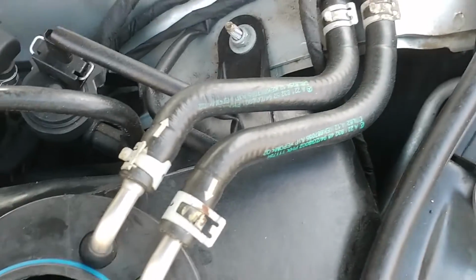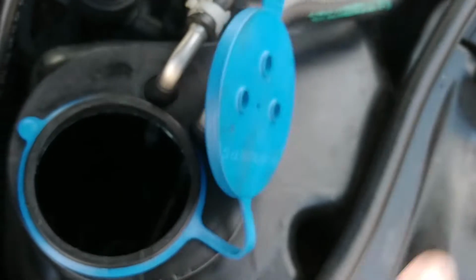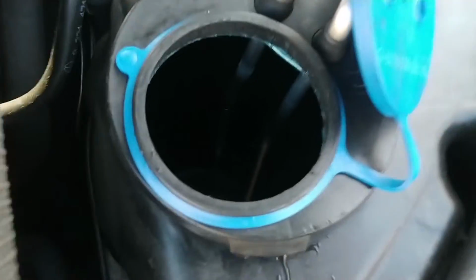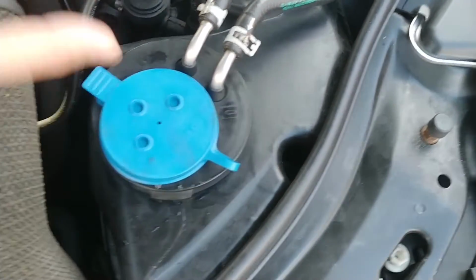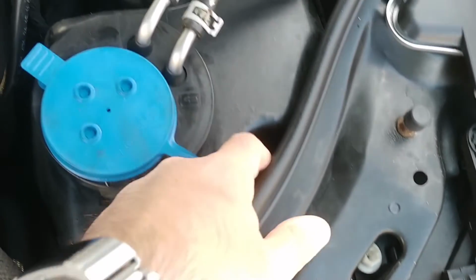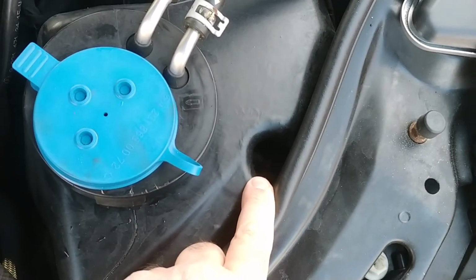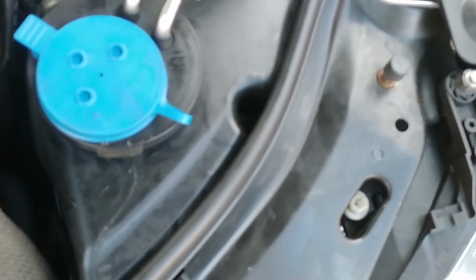possibly shimmy this ring off so that I can lift the whole, I don't know if I have to lift the whole loop out or not. I guess I'll try it without it. All I need to do is get this tank up and a little bit away from the support here so that I can actually reach down in there and pull the electrical connector off and pull the